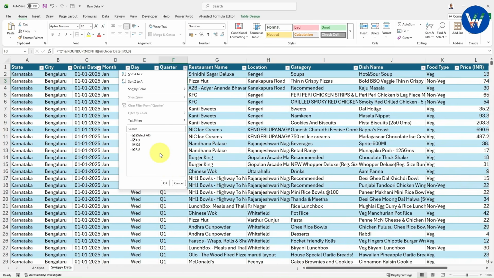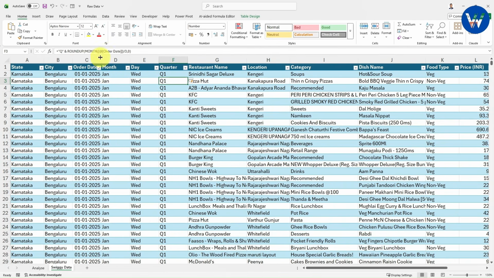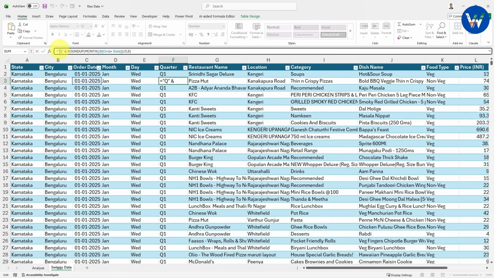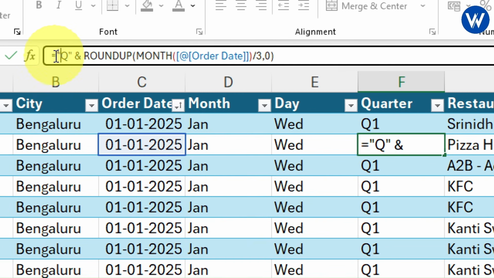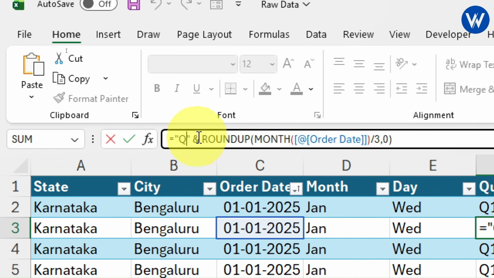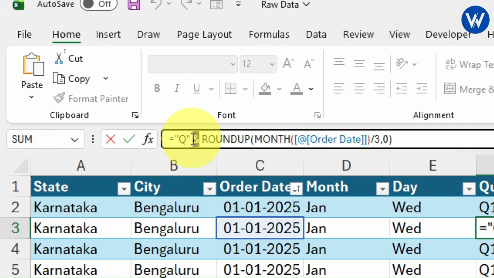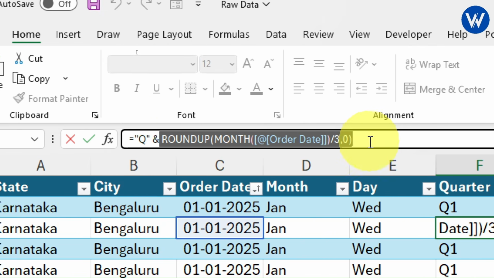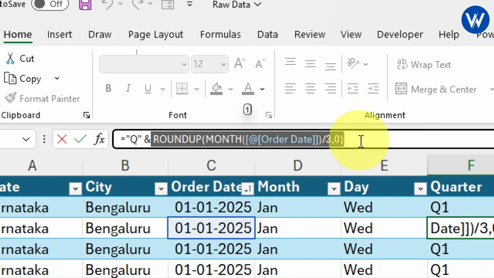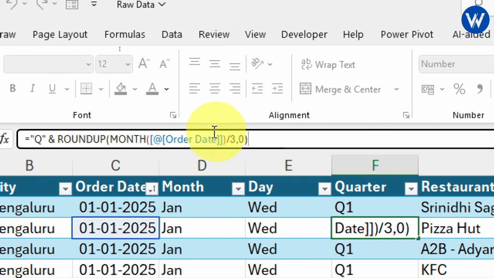Instead of wasting time, let me show you guys how we have done this. First let me zoom in, right. Inside the double quotes you need to write Q. Now we are concatenating, so basically we are writing Q ampersand. The ampersand symbol is used to concatenate, meaning to join two different texts. First we join the Q and next we join this complete text. The complete text will show you the numeric value which is 1. In the same way it will show you 2 as well as 3.